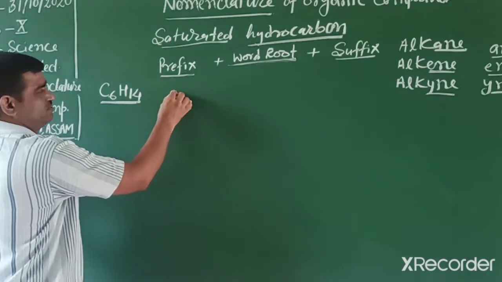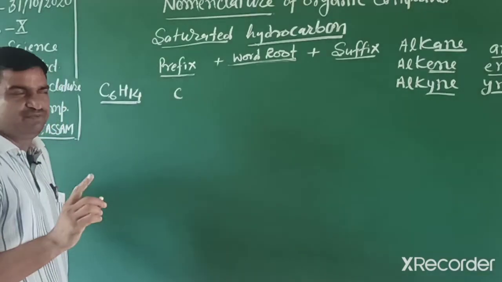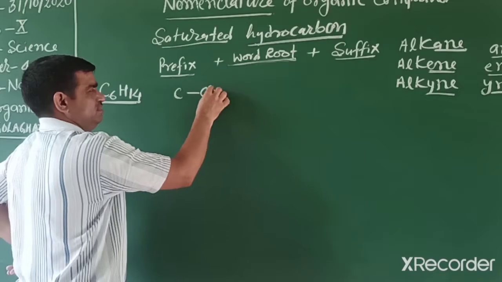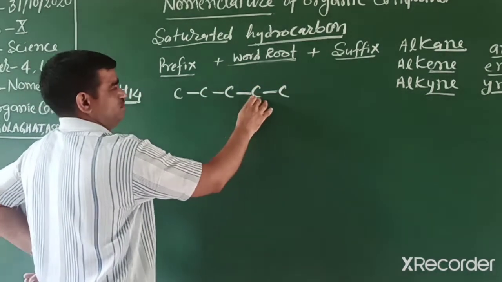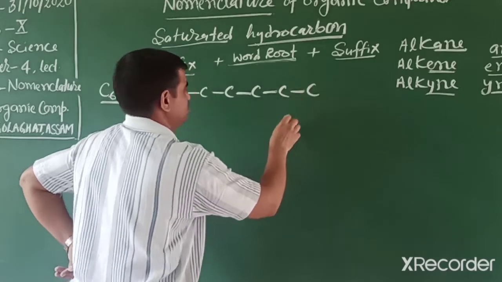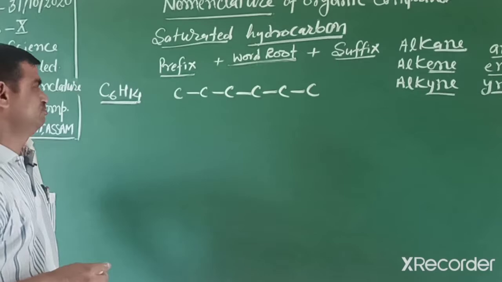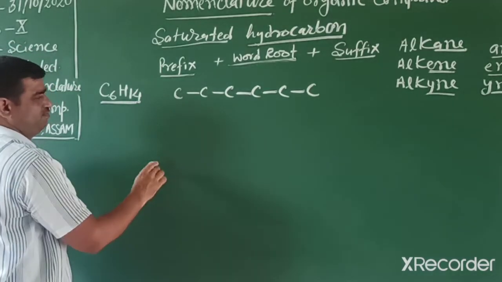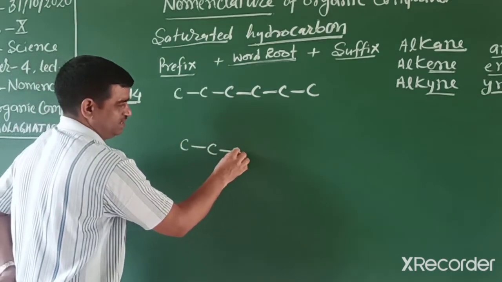First we write 6 carbon as a straight line. In this compound I will write only the straight chain. So in this way, 1, 2, 3, 4, 5 and 6. You can then write the number of hydrogens also. This is one compound. Another compound I can write, if we write 5 carbon as a straight line,